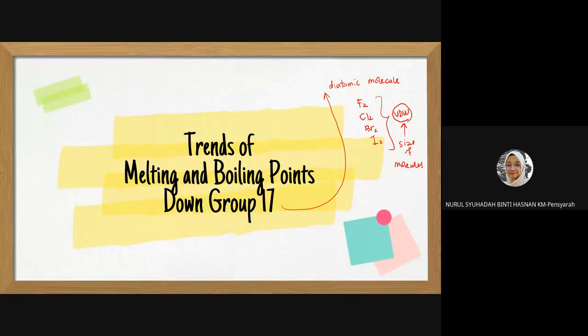Okay, jadi awak boleh bayangkanlah. So down the group, size of atom tu akan jadi lagi besar. So molekul dia pun akan jadi lagi besar. So bila lagi besar, the van der Waals forces will also become stronger. So boiling point pun akan jadi makin besar. So kita boleh bayangkan dia macam tu. Okay, jadi